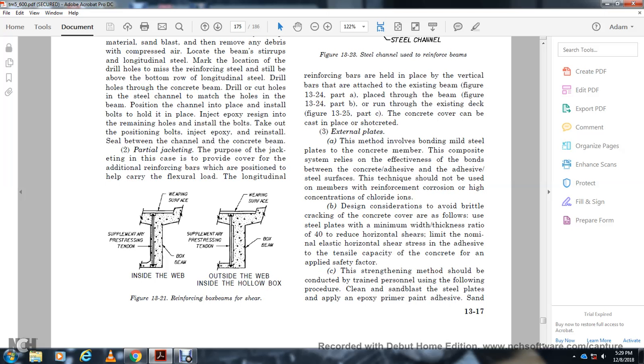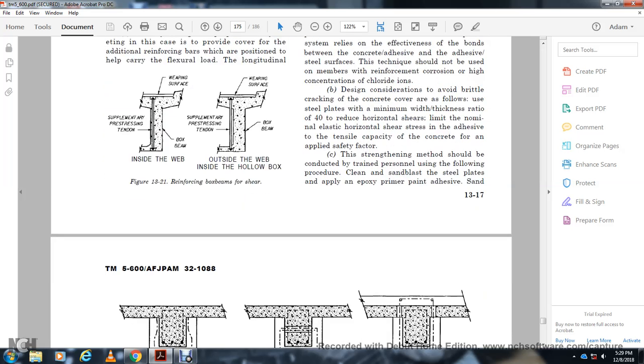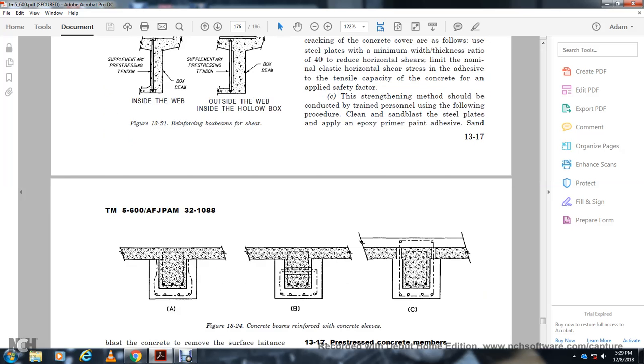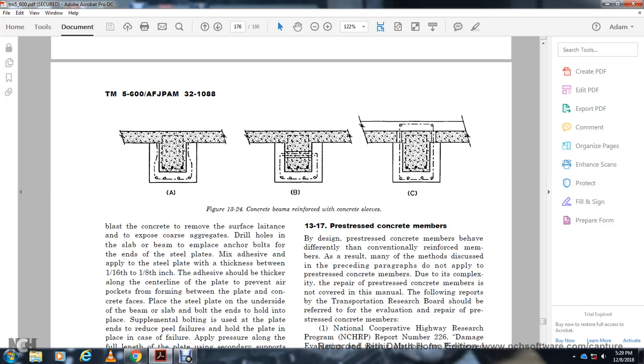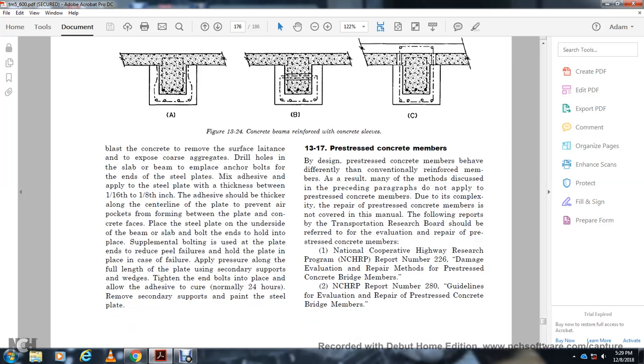Alright, this training with this method should be conducted with the trained personnel that use the following procedure: clean with the sandblast with the steel plate, applied with the epoxy primer, paint adhesive and sand. 1324 should the concrete beam and reinforced with the concrete sleeves. The blast of the concrete move the surface of the land is for the coarser grade of the hold the slab of the beam with the epoxy with the anchor bolt of the end with the steel plate with mixed